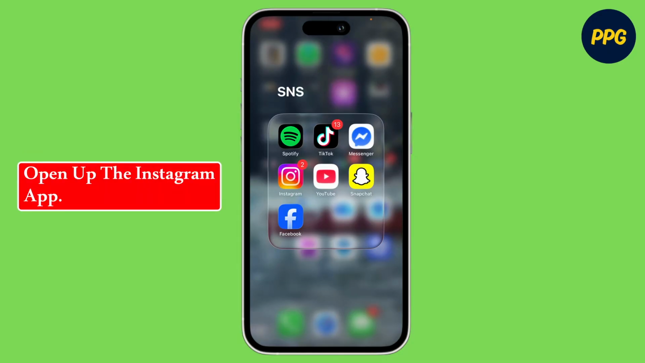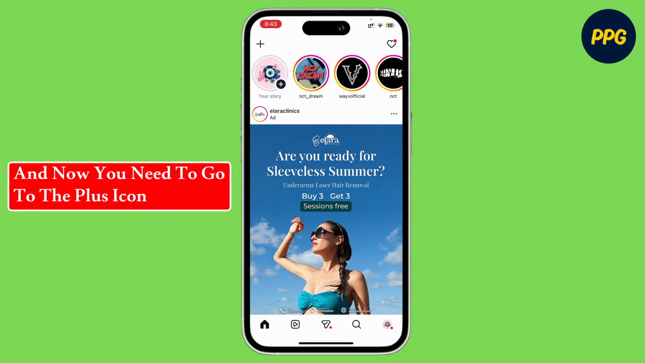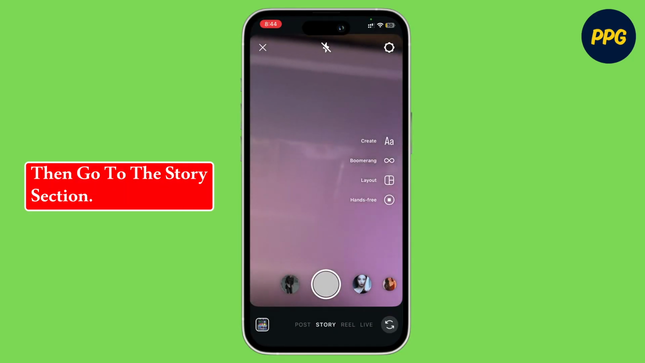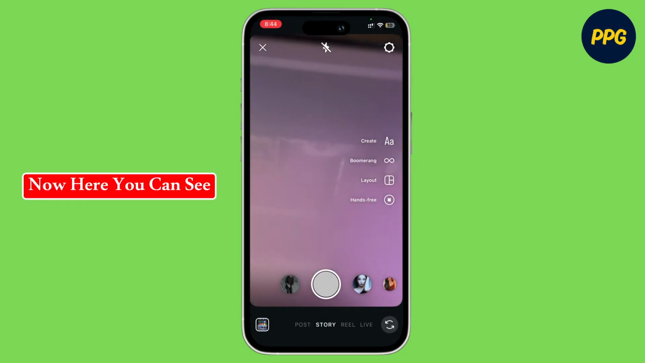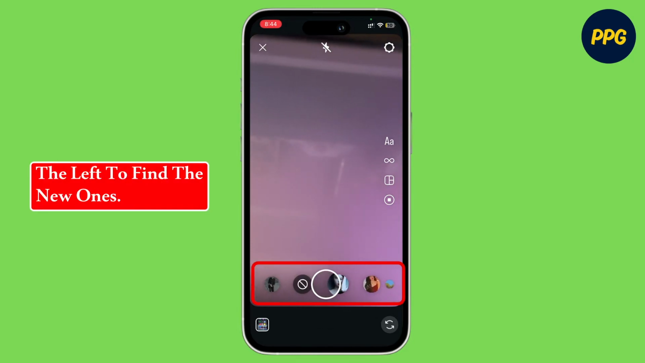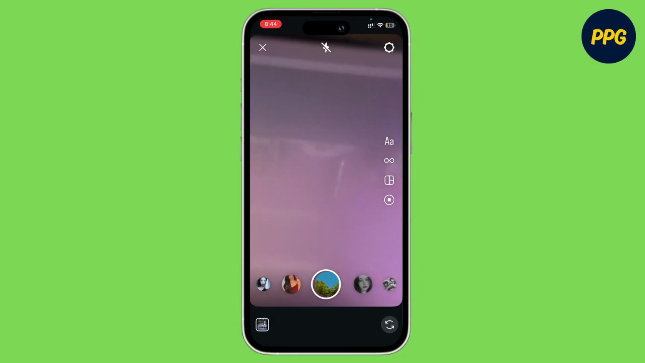First things first, open up your Instagram app. And now you need to go to the plus icon in the top left corner and then go to the story section. Now here you can see various filters in circles. Now you need to swipe to the left to find the new ones. Just keep swiping